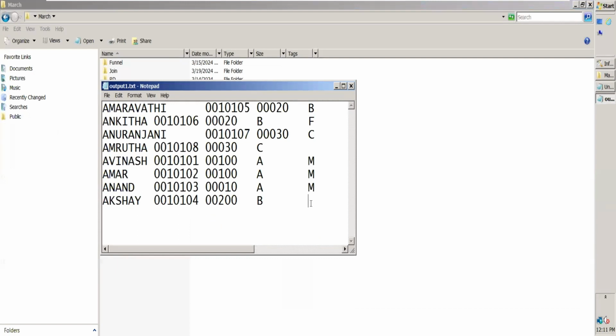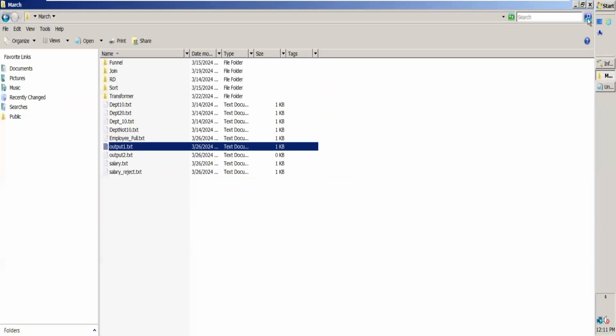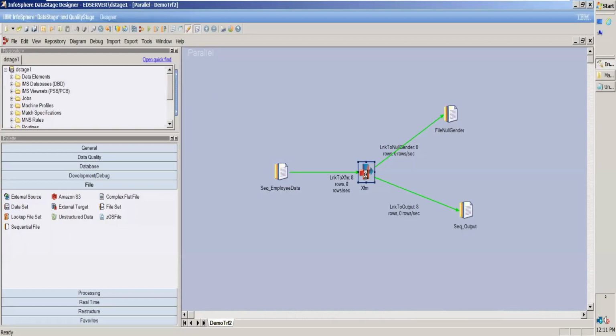So here, even though I do have no gender, it is not giving the gender value here and here. Let's go back and see where the issue is. So this condition is not working,